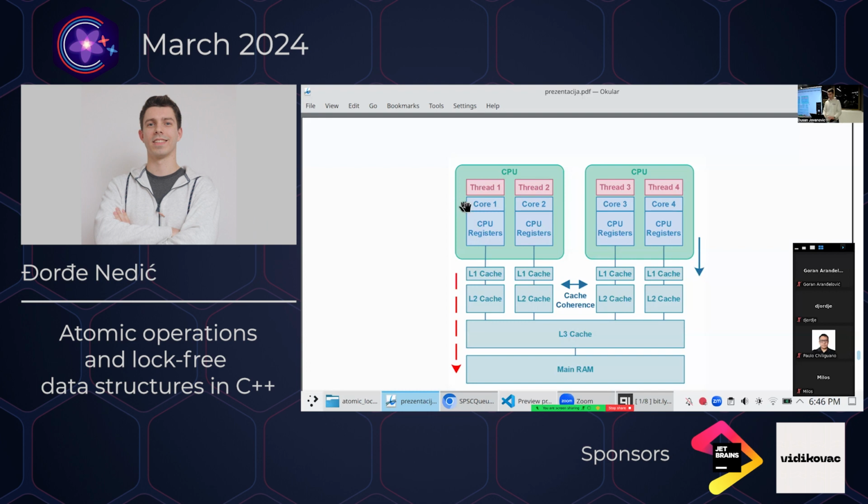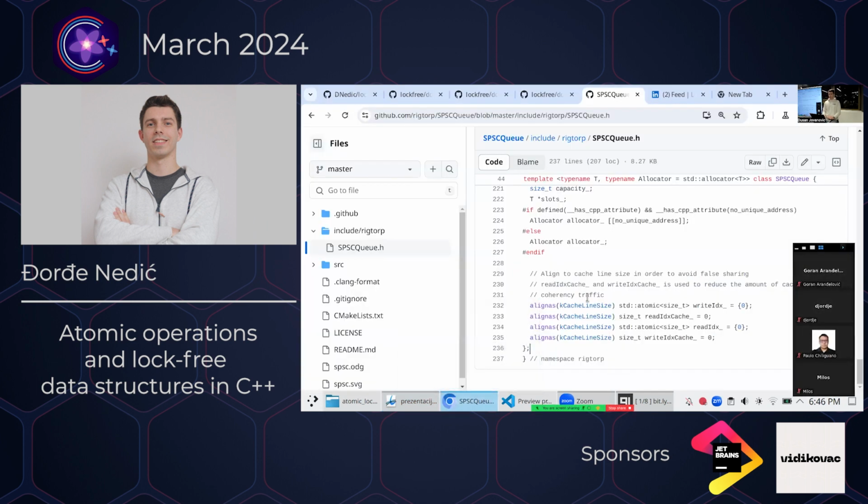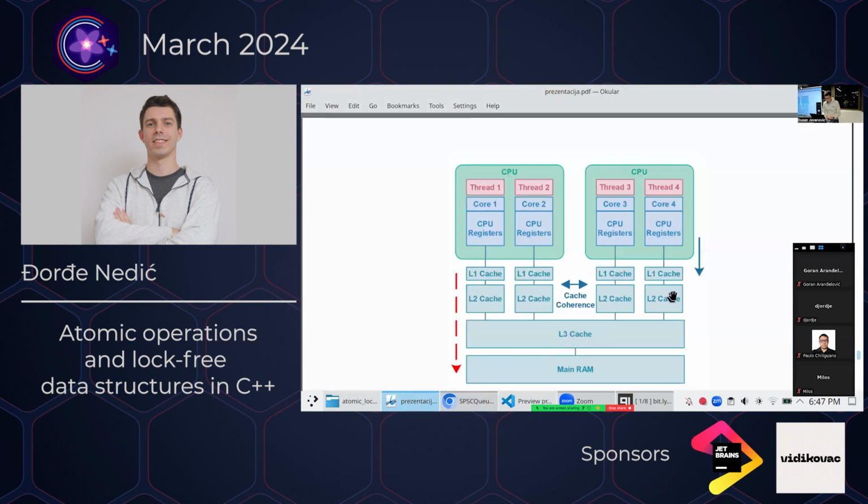Another thing we can do, and what Rigtorp did, is a clever thing: cache the indexes. So if you're a producer and you've written 50 times to the queue, however the consumer did nothing at all in that time, why would we need to atomically load the read index if we know that we actually have space? So this might be a little too much, I'm sorry, but